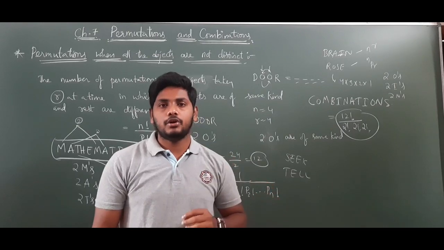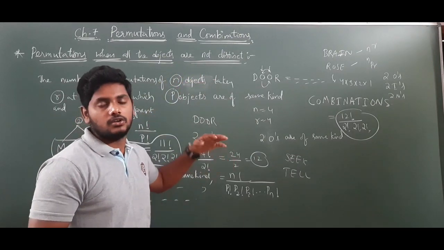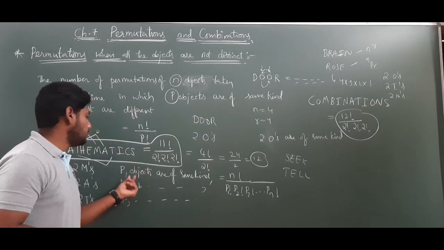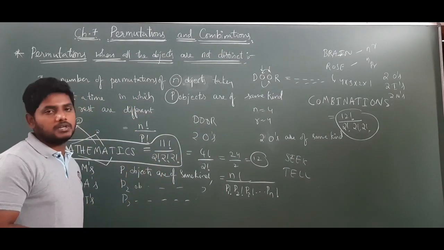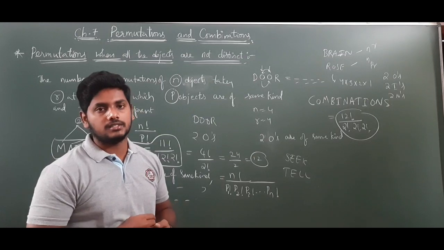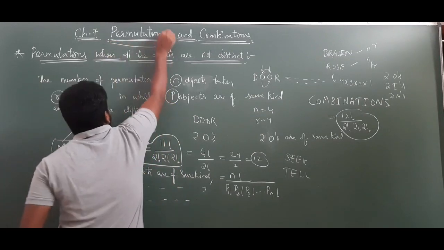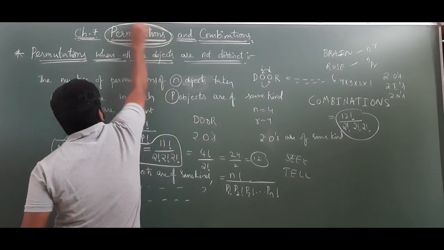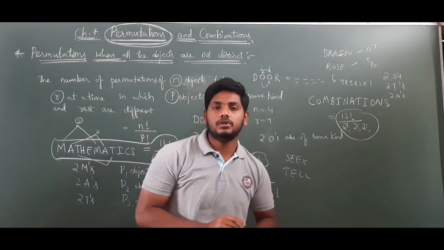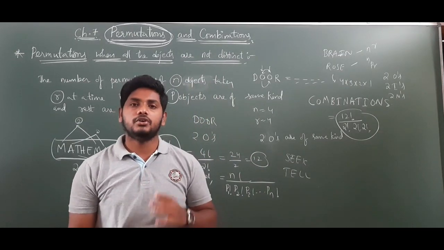And exercise 7.3 we will start tomorrow, using the concepts of distinct objects, not distinct objects, when repetition is allowed, when repetition is not allowed, when P1 objects are of the same kind, P2 objects are of the same kind, and again using factorials, based on the nPr formulas. So exercise 7.3 is based on the concept of permutations. Today what we have discussed is only the concept of permutations, not combinations, remember. So based on that, tomorrow we will do the exercise. Today there will be no assignment. I will send that PDF, so before exercises 7.2 and 7.3, read that concept.